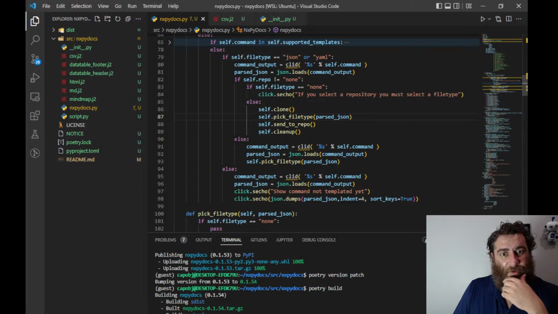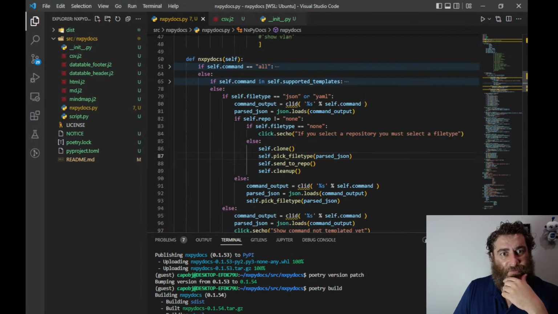If the repo is none, just print it to the screen. If it's not JSON or YAML, then say the command isn't templated yet. Okay, I think that's pretty close. The only thing is if they say file type none,